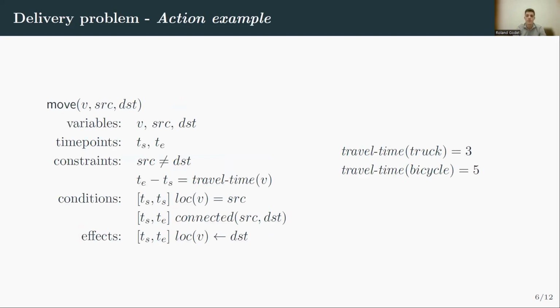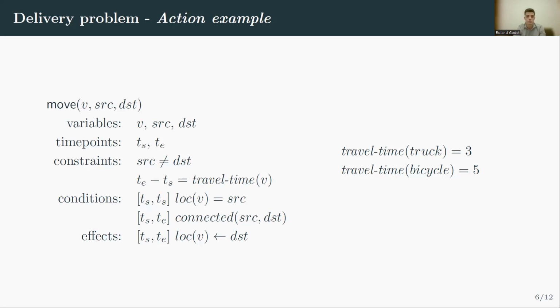So a possible action to represent as a Chronicle is the move action, which will move a vehicle from a source location to a destination location. There are 3 variables: V, source, and destination. There are 2 time points, the start and the end of the action. There are 2 constraints: the source location must be different from the destination location, and the end minus the start, so the duration of the action,